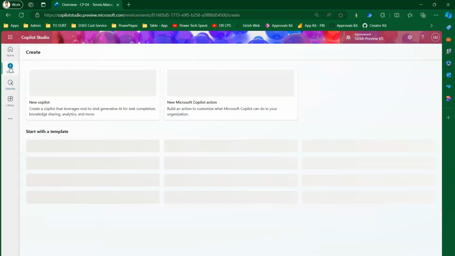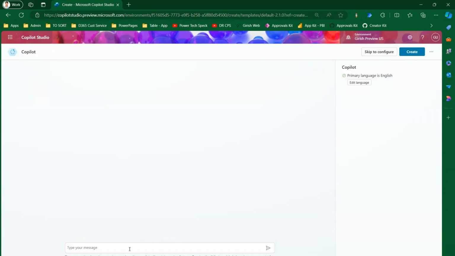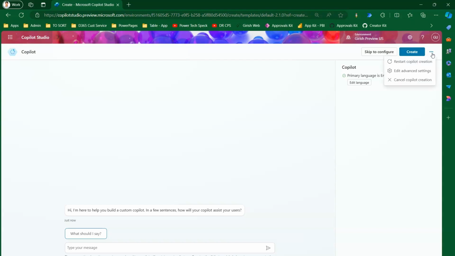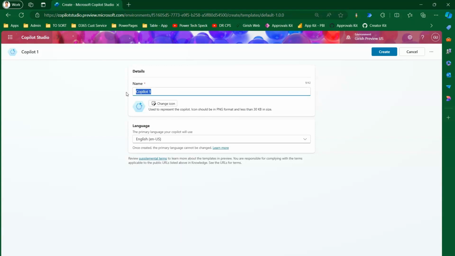What I'll do, I'll go into the next option, create, and I'll click on new copilot. Now this time I will not type in the prompt over here. I will not click on create. Neither I'll click on skip to configure. What I'll do is I'll click on three dots, and I'll say edit advanced settings. Now here there is a hyperlink called create a classic bot. Now if I click on create a classic bot, I will just say